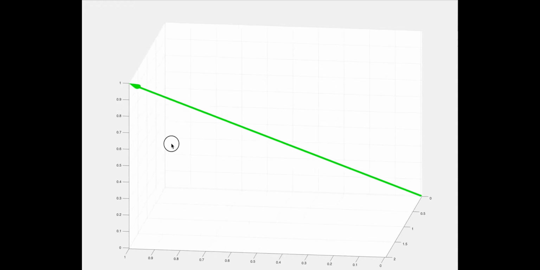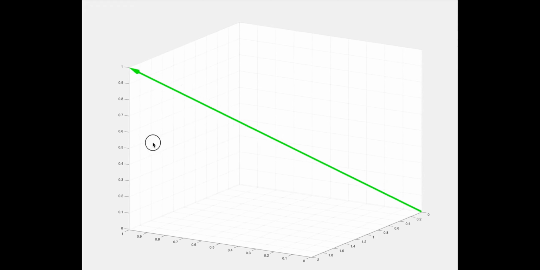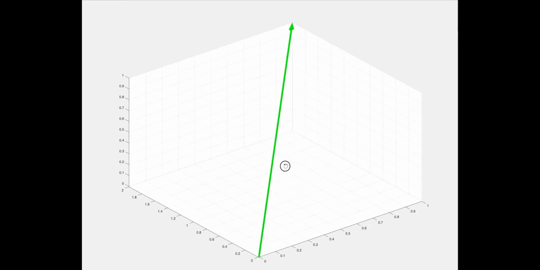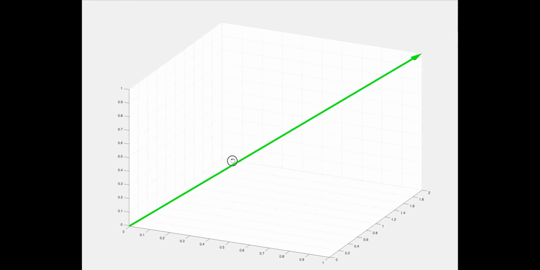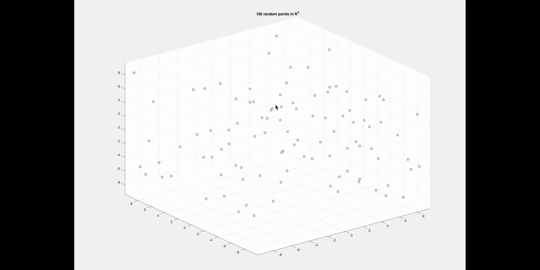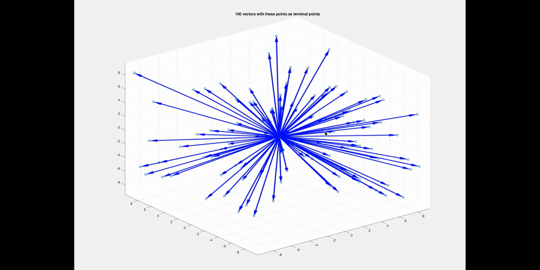Although there are many geometric vectors that are equivalent to this vector and all have the same algebraic components, for convenience in this course, we just refer to 1, 2, 1 as the vector that begins at the origin. And because every point in R3 corresponds to a vector, we can think of R3 with this mental image right here. So the algebraic definition of R3 is the set of all three tuples, while the geometric meaning of it is the full three-dimensional space we live in, and also the set of all three-dimensional vectors.